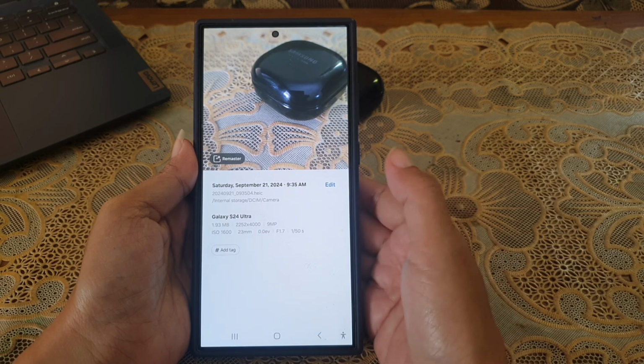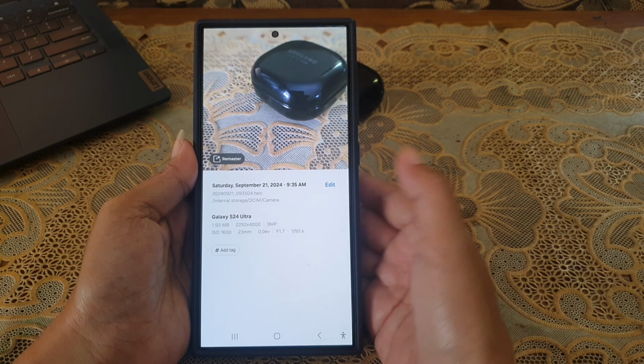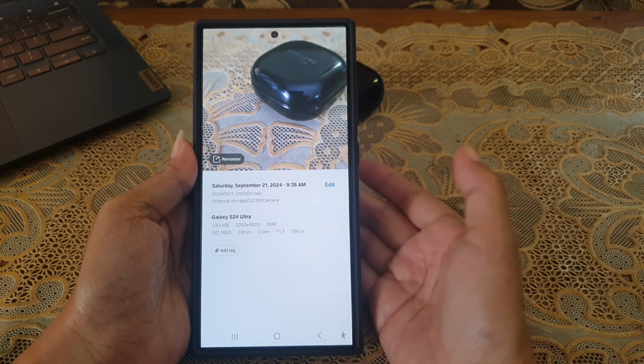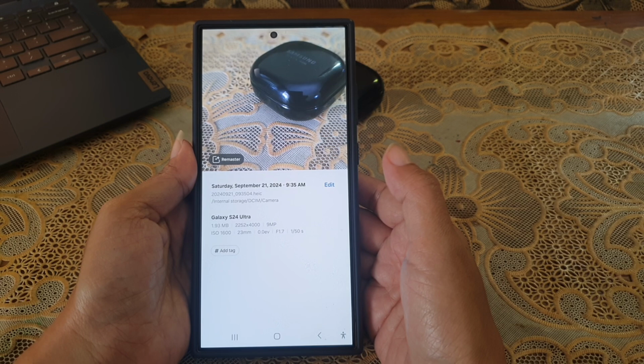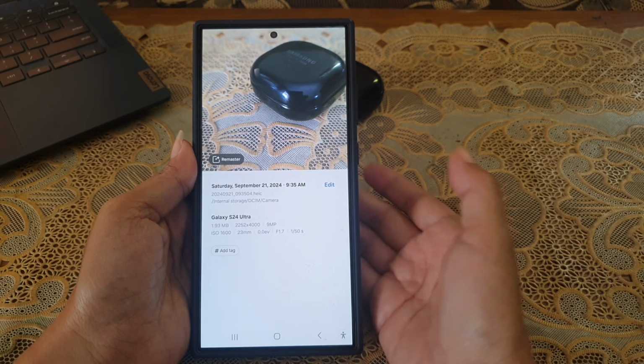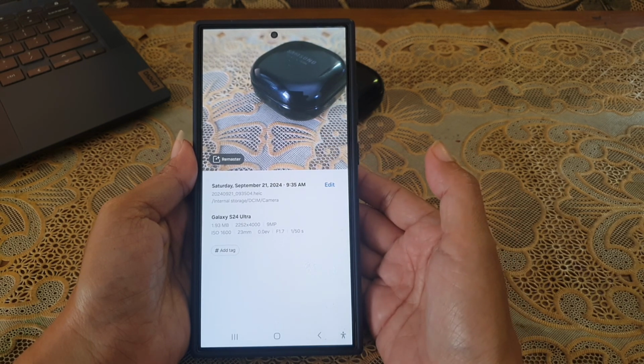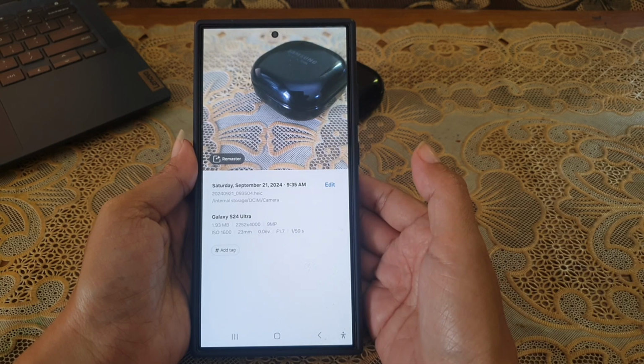As a note, you have to remember that some apps and websites don't support this format. Thus, you might need to convert the picture to other format if you want to use the picture on those apps or websites.